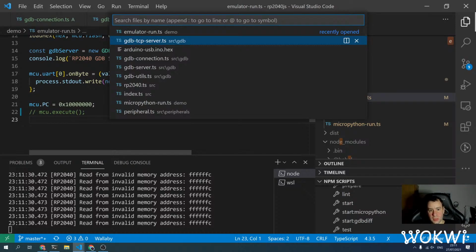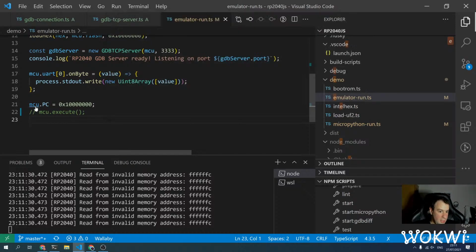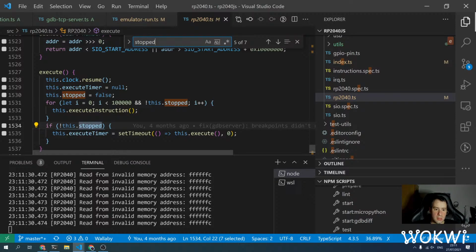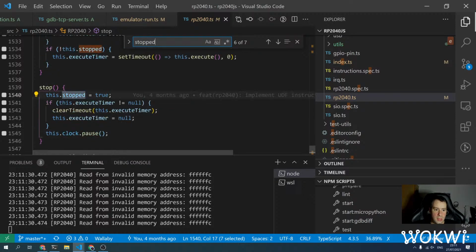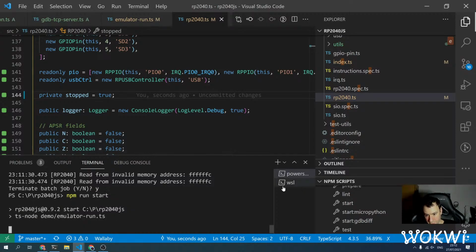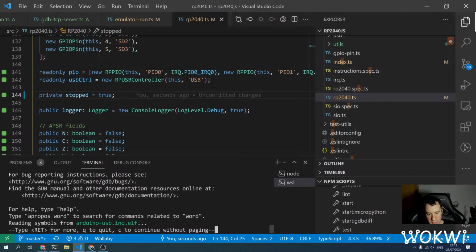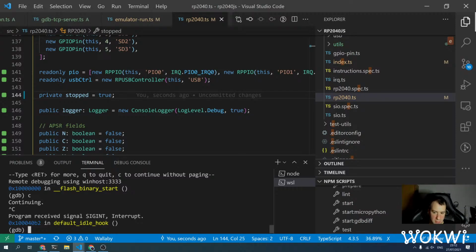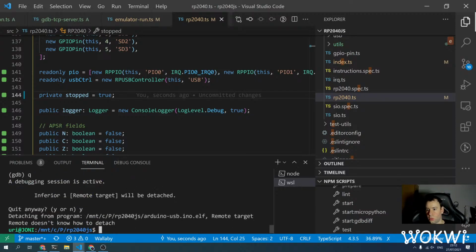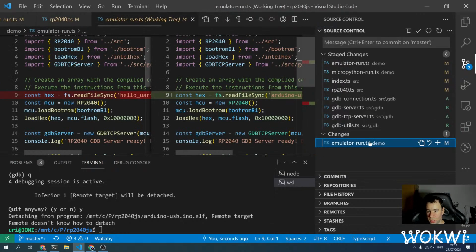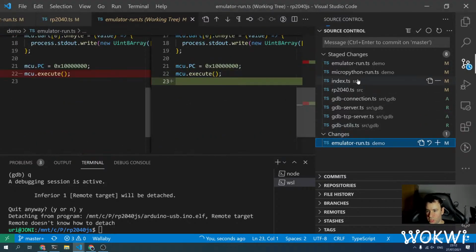Yeah, I think I know what the issue is. So we never called execute on the microcontroller, and I think by default stopped is false. And yeah, I think stopped should just be true when we start, and this will fix this issue. So now if I just connect without starting the microcontroller, continue and pause, yeah, I'm in somewhere. It did run. Cool. So another small issue with the GDB integration, and here we can revert the changes, and